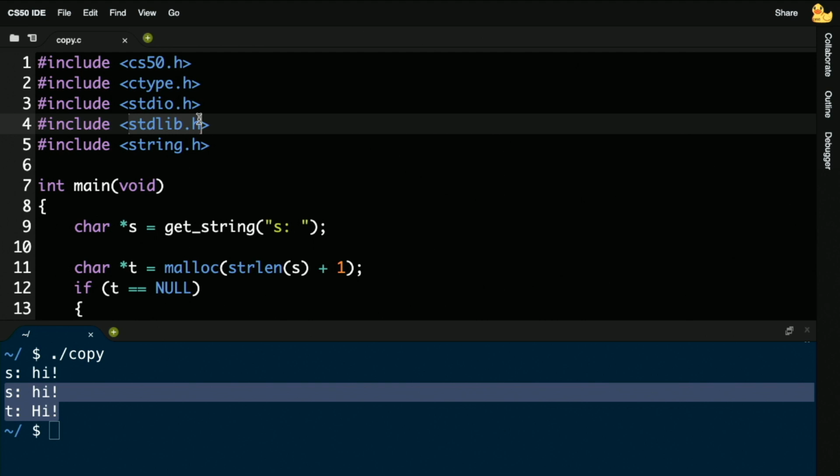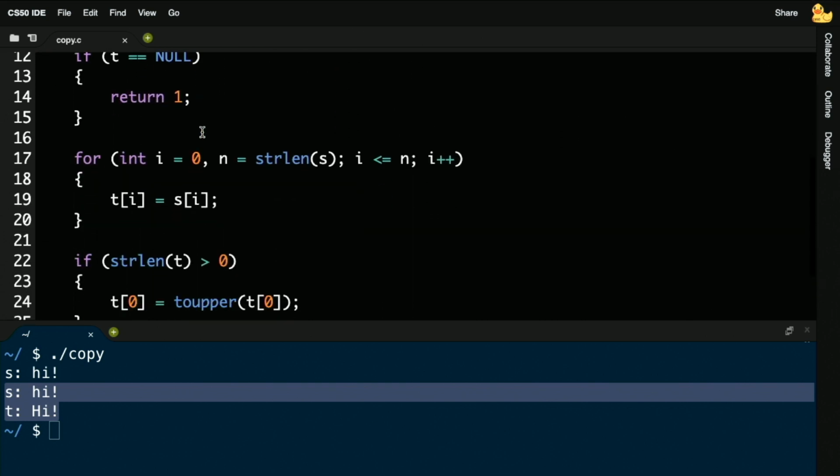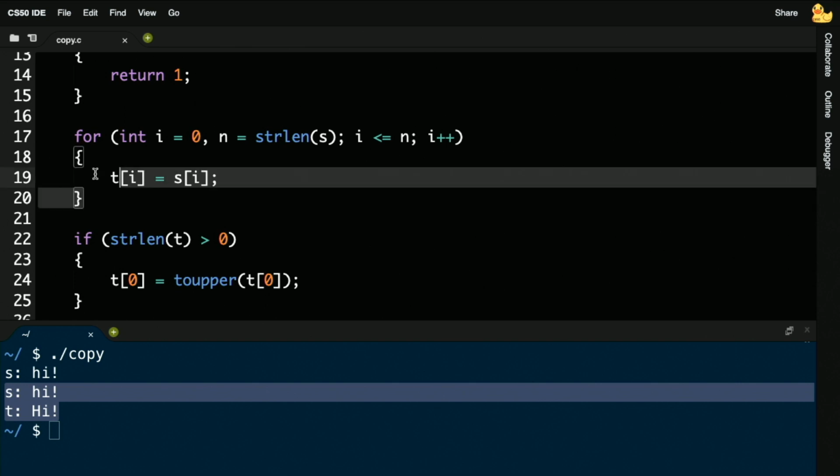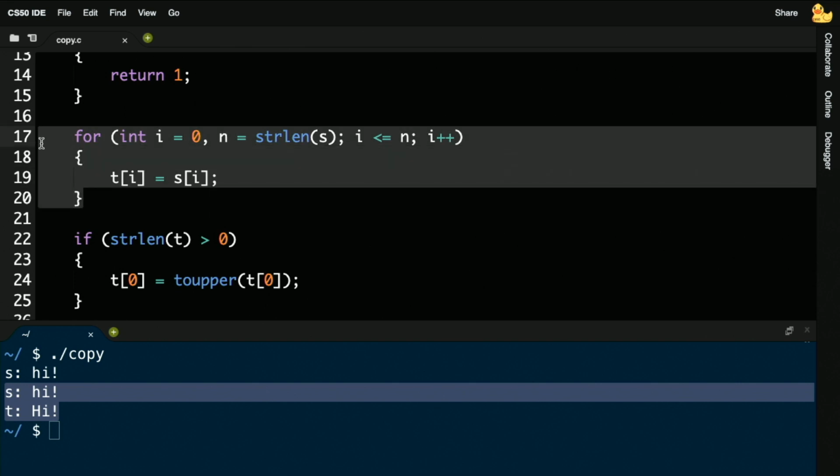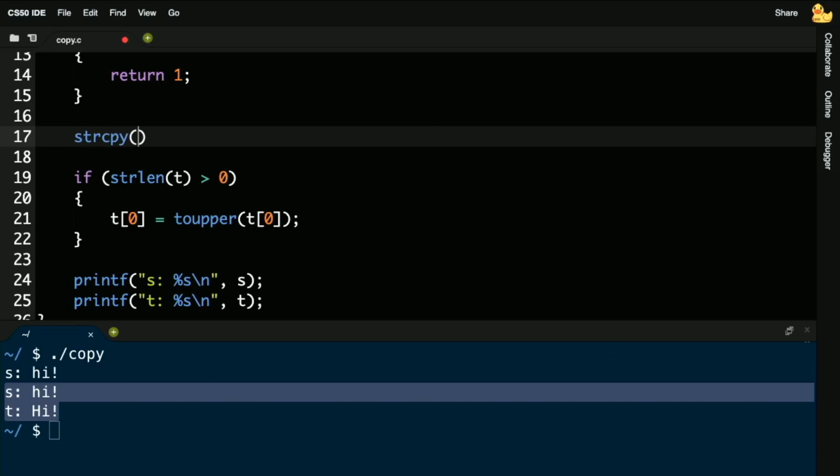All right. So it turns out, honestly, I don't need to do some of this work. It turns out that if I want to copy one string to another, there is a function for that. And increasingly, you will not have to write as many lines of code as you previously did, because if you look up in the manual pages, or find online that there's another function, like one called strcpy, you can more simply do something like this.